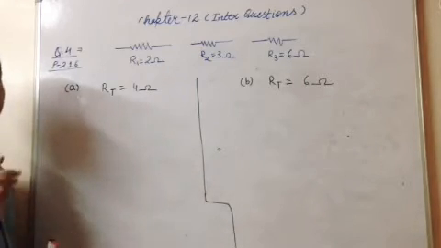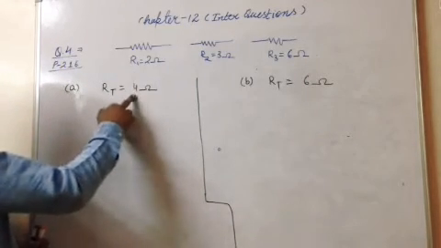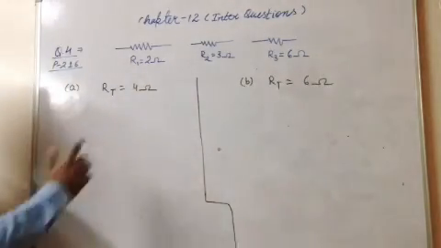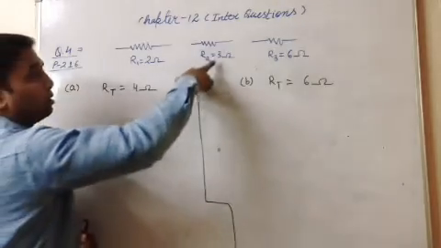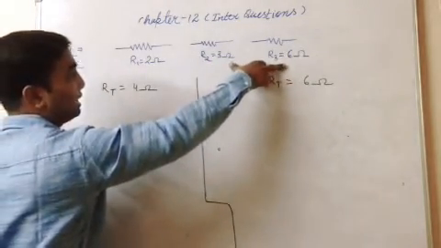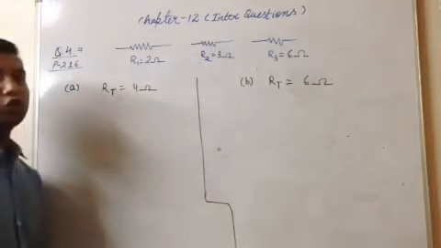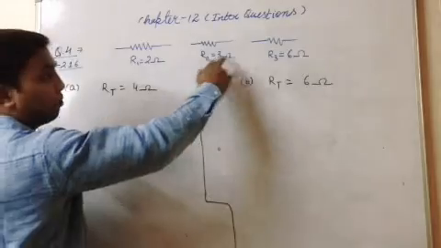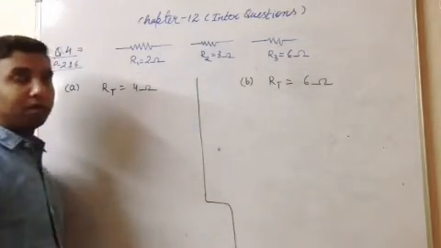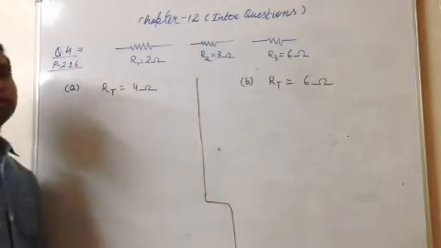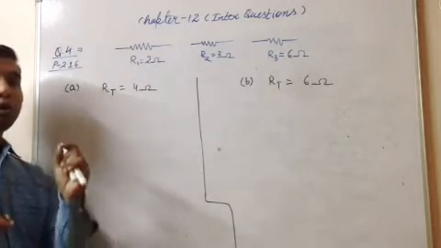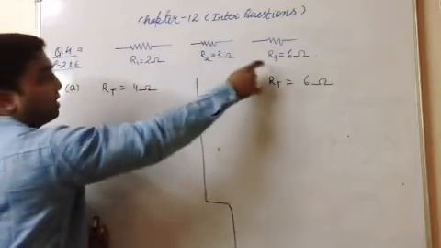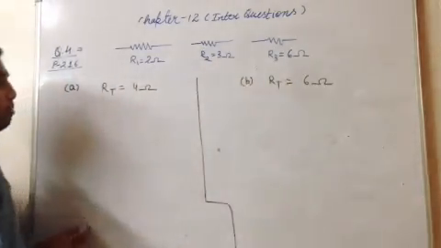Listen. Now what do we want? We want 4 ohm equivalent resistance by using these 3 resistors. So how can we obtain it? This is 3 ohm, this is 6 ohm. If we connect these 2 resistors in parallel, then what should be the equivalent resistance? The equivalent resistance should be less than 3 ohm, because we know that equivalent resistance in parallel combination is always less than the smallest value of the resistance. So first we try these 2 resistors in parallel.